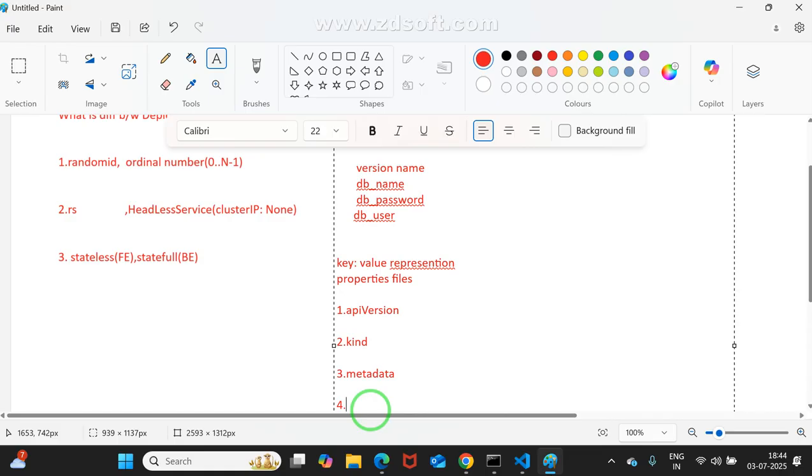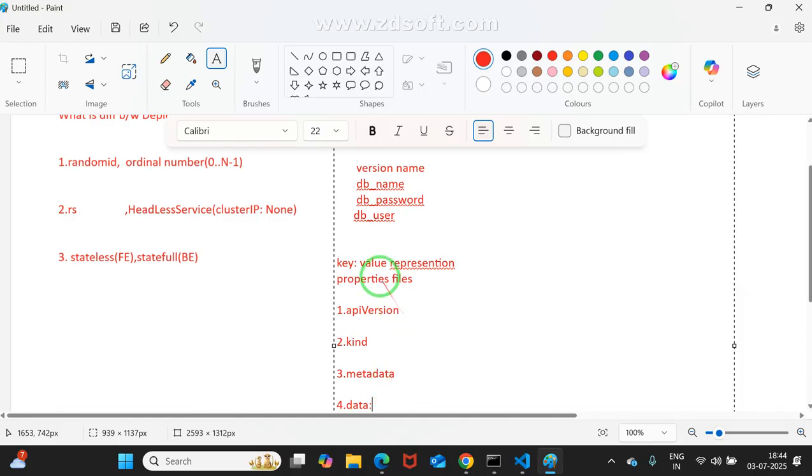Specification is not there. They have a data section. I said how many sections? 4 sections. One is the API version. Second one is kind. Third one is metadata. Fourth one is here data.